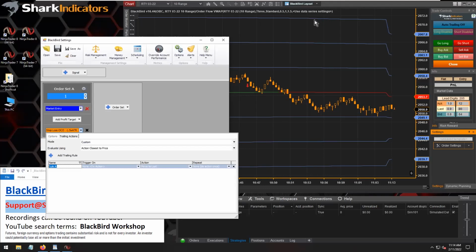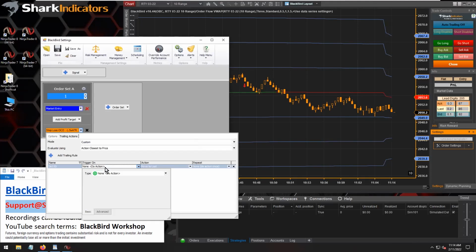We're going to start building these stop losses from the third deviation line out and work our way inward. So this will be to the third standard deviation line. So first let's